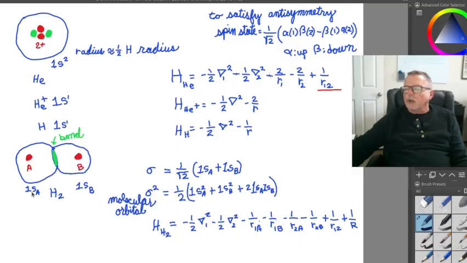So we've kind of got a 1s2a, a 1s2b, but it's not that way all the time. Notice there's that 1/2 out in front. And then we have the 2 times a combination of a 1sa, 1sb. So all of this stuff is going on at the same time, and so the molecular